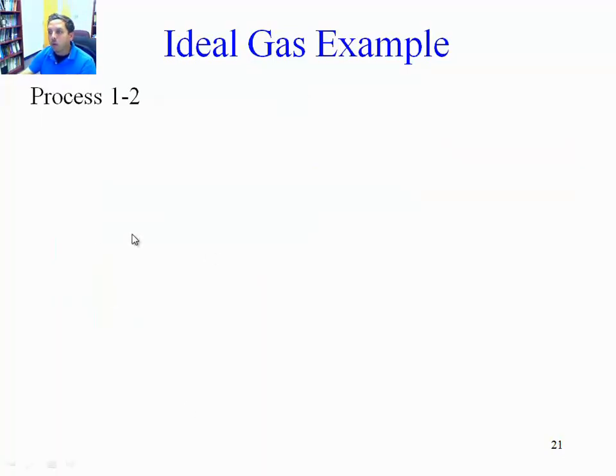All right, so let's go now through the processes. We define every single state, 1, 2, 3. Now we have to look at the process from 1 to 2, the process from 2 to 3, and the process from 3 to 1 to close the cycle. Remember, this only happens because it is a cycle. Otherwise, we don't have to close the loop.